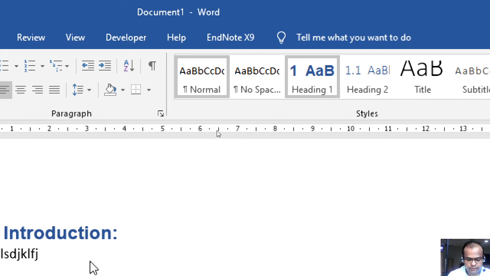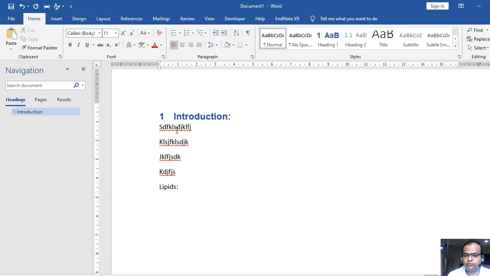And right now whatever I am writing is the normal text, right? If I select the normal text, it is according to this Normal style. Suppose I just want to change the style of the normal font also, then I will change the style format.